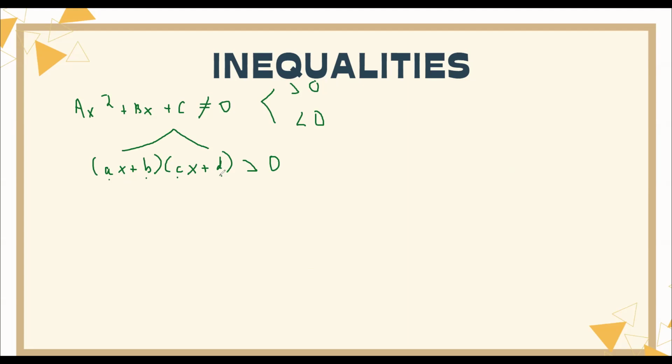When we are looking for the roots or zeros of your equation, if ax plus b is greater than 0, then cx plus d has to be less than 0. Alternatively, if ax plus b is less than 0,